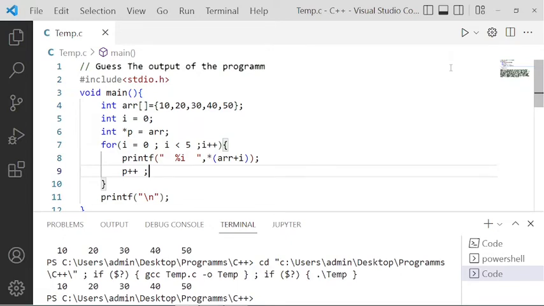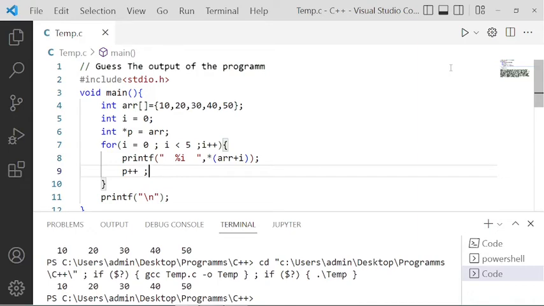It means we have the values 10, 20, 30, 40, 50 at a particular location, but there is no way to access them. This situation is known as memory leak. The compiler doesn't allow changing the base address of the array at any cost. Getting my point? Now let's discuss something.